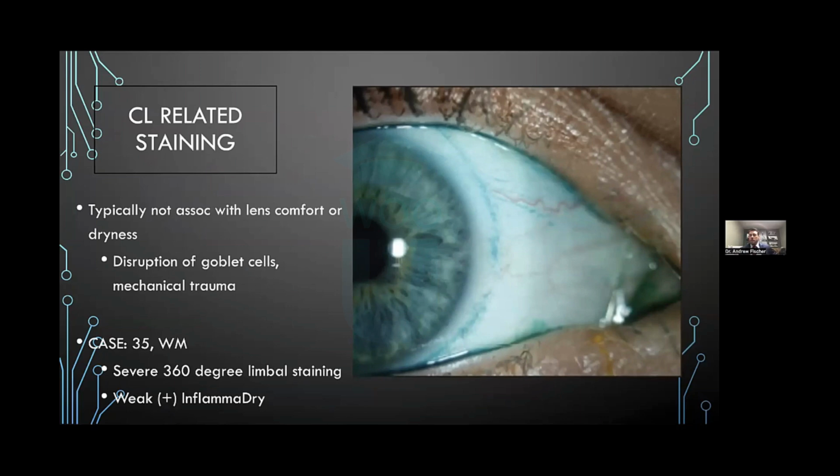And so I had a patient that came in just for a second opinion because he had some redness. He didn't really have discomfort, but his eyes always turned red after he was in his contacts. He was in a good lens, highly breathable lens, but I noticed on the eye it didn't move. So I had him take it out and stained him, and he had this clear ring. He had been on steroids before. He'd been on lifitegrast before to try to improve the comfort or improve the redness that he had. Nothing helped. I switched him out to a little bit looser fitting lens, saw him back a month later, didn't have any issues on the cornea, no redness, no discomfort.